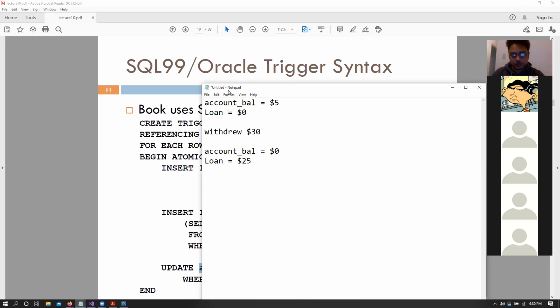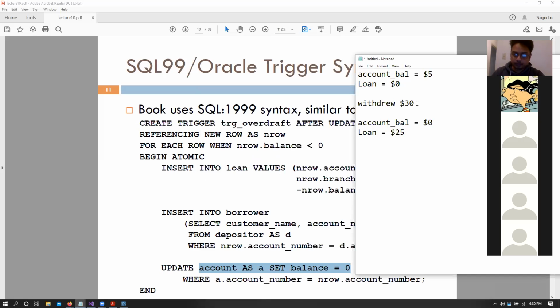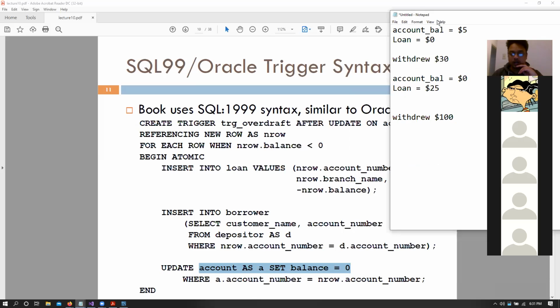Now, what would happen in this code, given this scenario, if I again withdraw 100 more dollars? Can someone tell me what will happen? I get one answer, that the loan will be higher. Well, for one thing, I am just inserting into my loan the value of the negative balance.